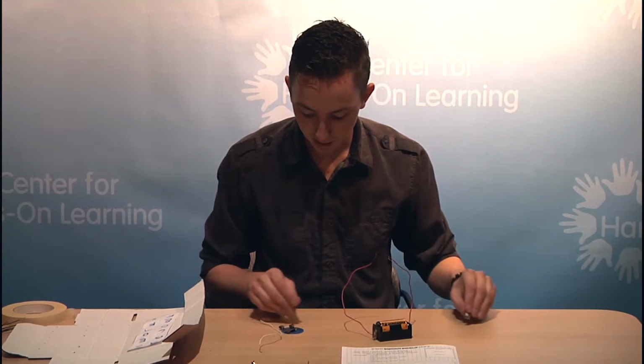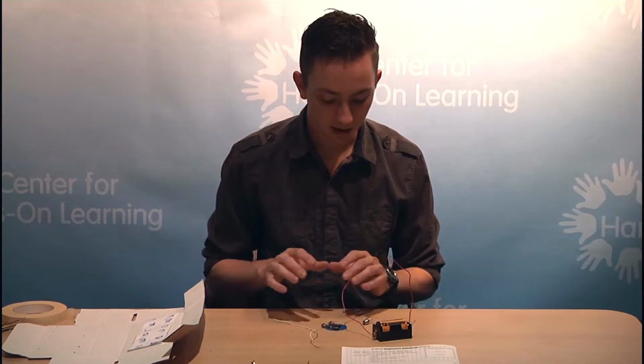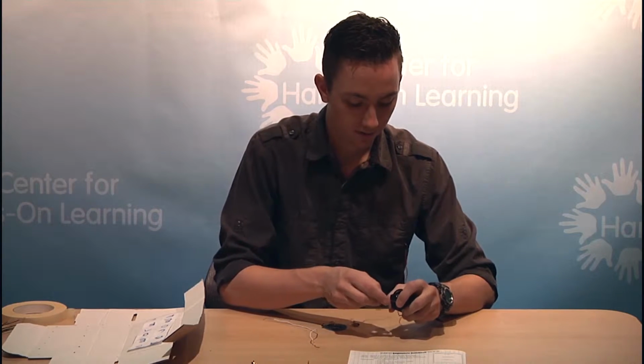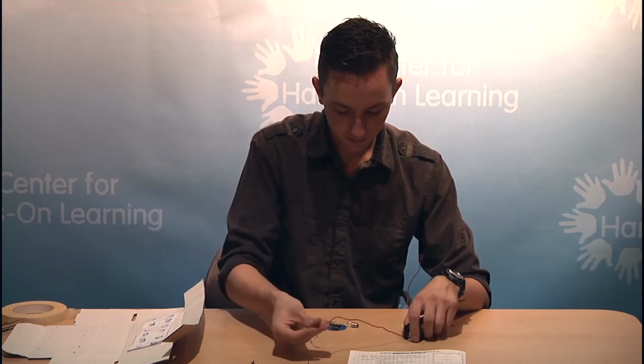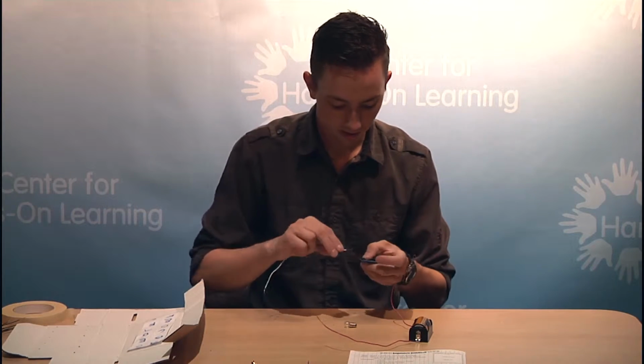For the next part of the experiment, give the students a light bulb holder and one extra wire, and explain to them that they need to use all of these supplies, and make sure that they're drawing what they're doing in their student workbooks. So to do this, students should attach their extra wire to the light bulb holder,